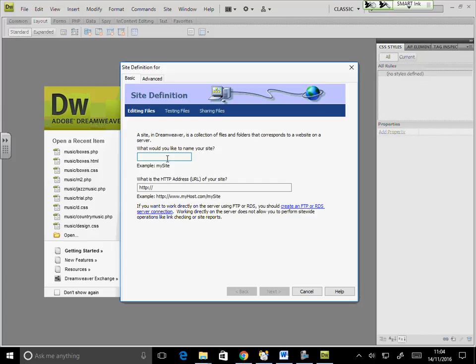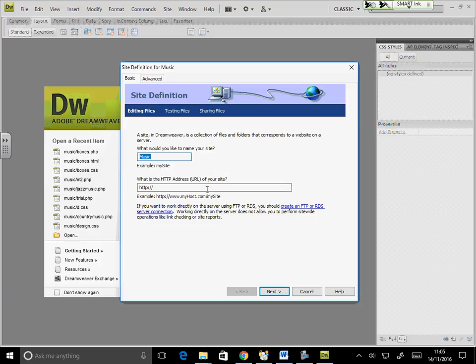Right? So give it a name. I am giving it a name, music. This is the name in the Dreamweaver. It has got no bearing with my folder or my database name. Pinky, it has got no bearing with my database name or my folder name. This is the name for you to remember what site you are working with, right?